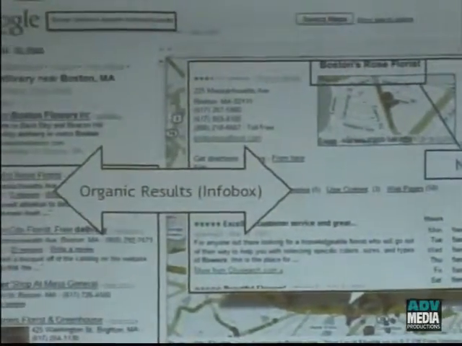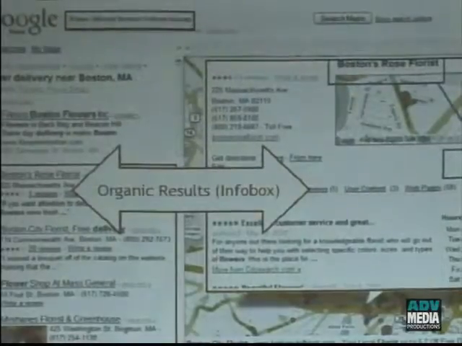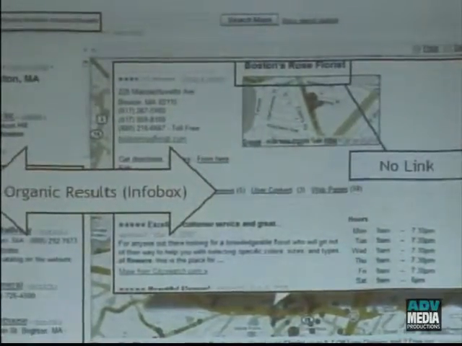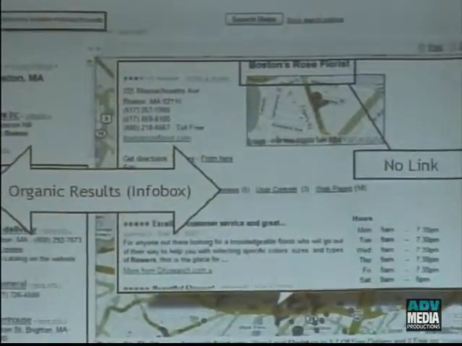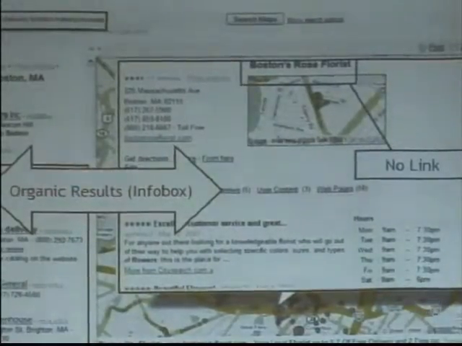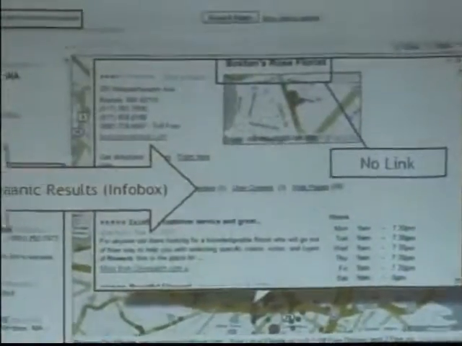But what you may not know from a search perspective is that you do not get a link to the website from this info box. There's a reason that they do that. If you're looking to be everywhere, the person that's looking for you may get to this info box, open it up, and there's no link, so they have to go back and click on the actual link from the web result.